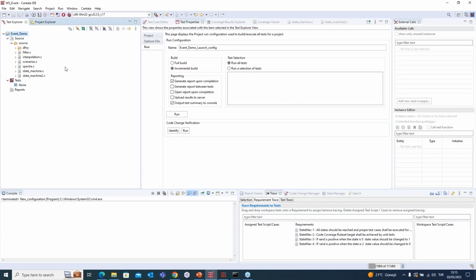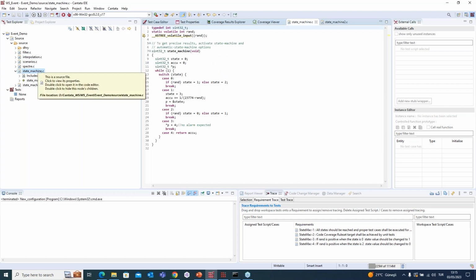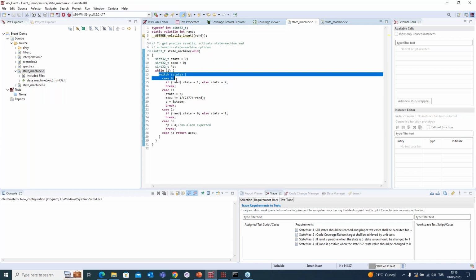Here you are seeing the same project that we did the MISRA analysis on. It essentially has the same C files except one additional one, which I will be explaining later on. Here you see the requirements for my project, which I prepared for this demonstration, and it has 4 requirements right now. Let's look at the state machine. As you can see, it is a pretty simple one. It has one while and switch case structure, pretty easy to understand.